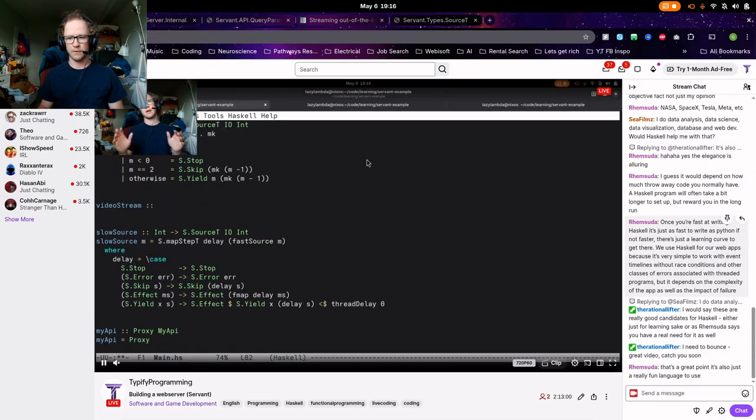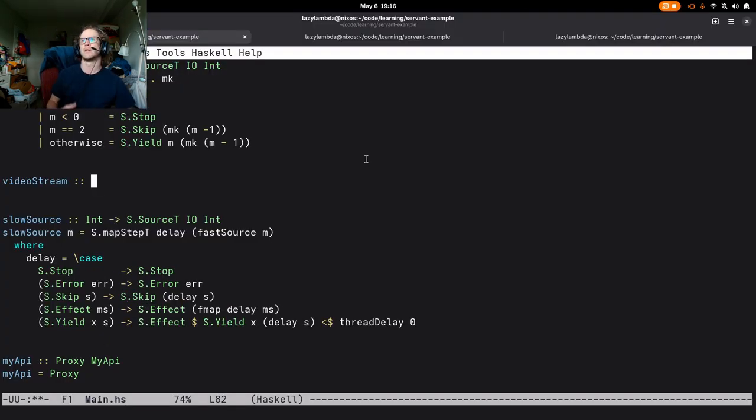Does servant client have anything where it helps to re-put together the stream? I really want to use servant in my overall full stack framework, Jenga, which is basically just built on Obelisk, which if you don't know Haskell means nothing. But yeah, anyways, so a video stream is basically just